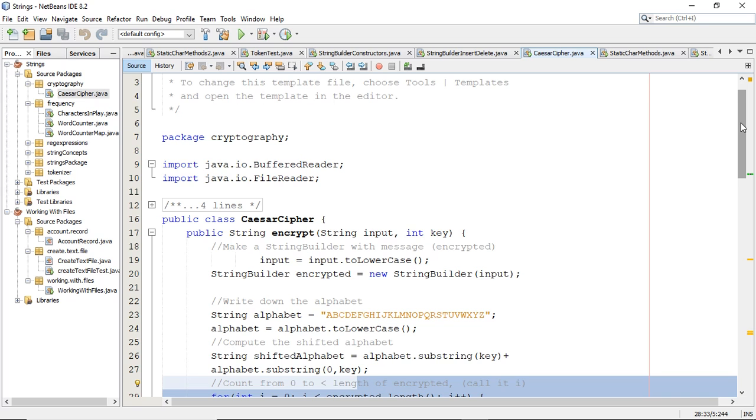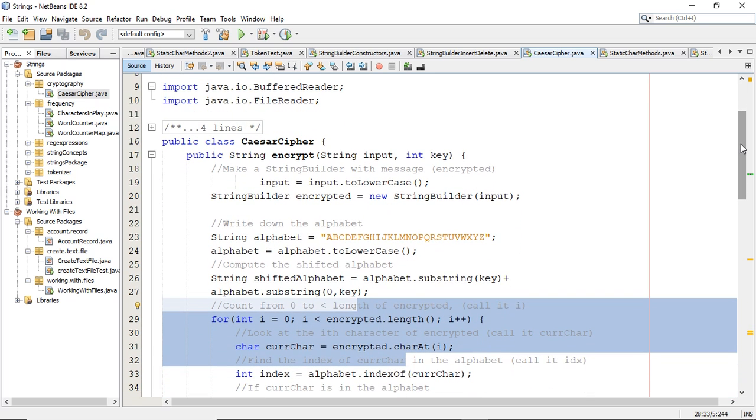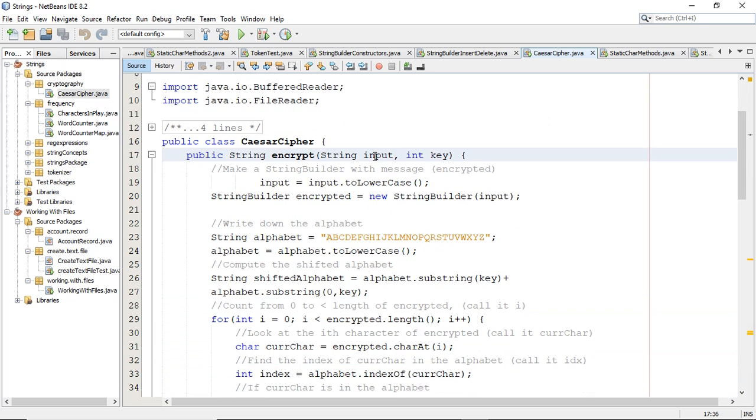Here we are using the Caesar cipher. The Caesar cipher takes the input, that will be your message, and it takes a key. Now, for example, if we have a message A, B, C, and the key is 3, what it should do is take the English alphabets and add the position. For example,